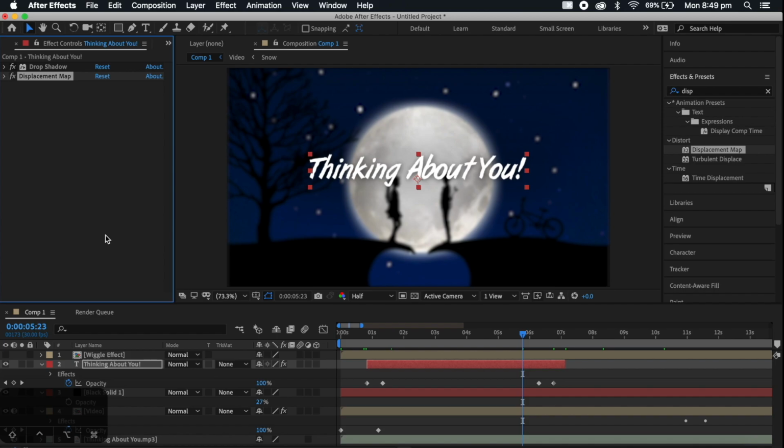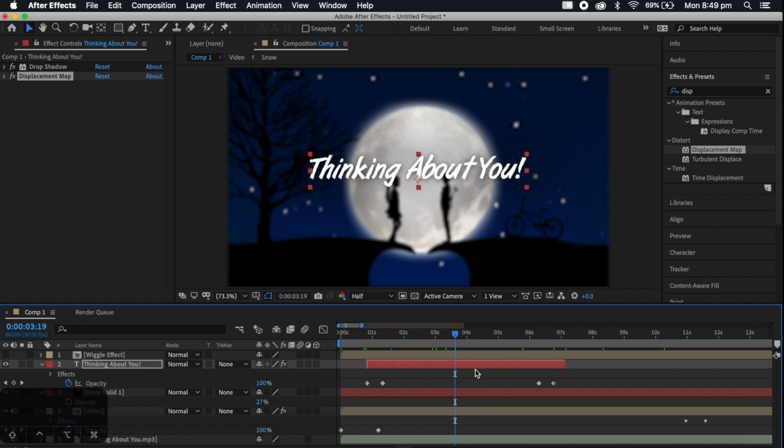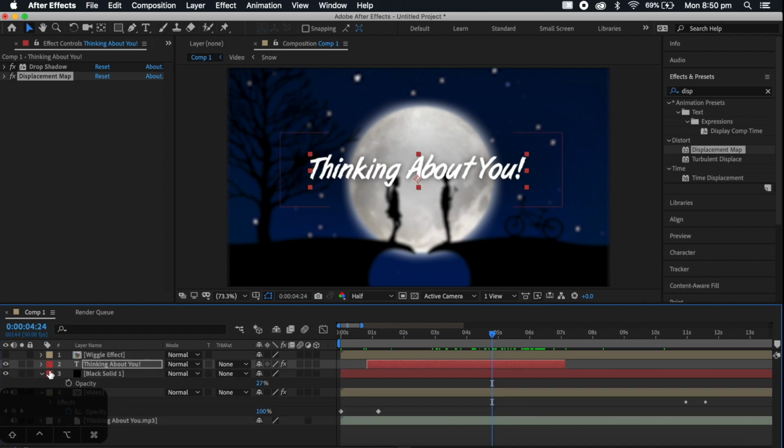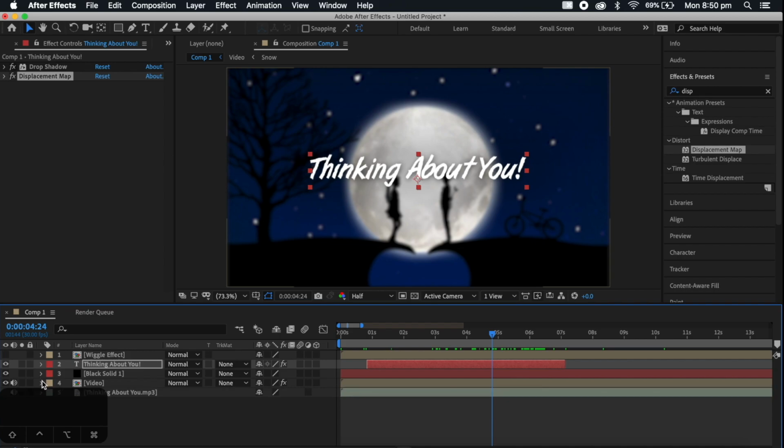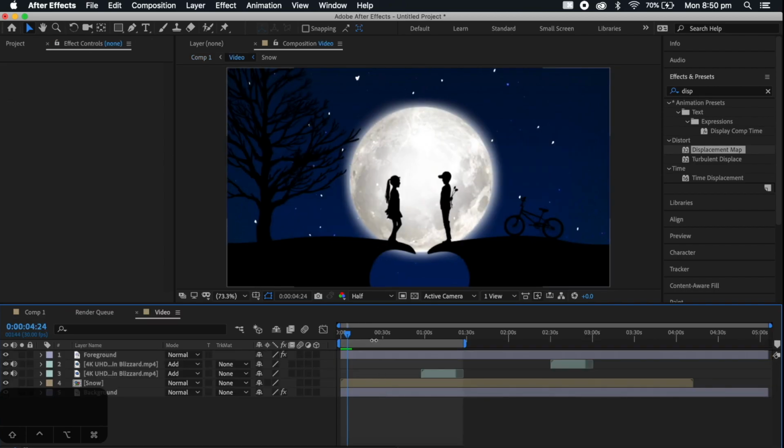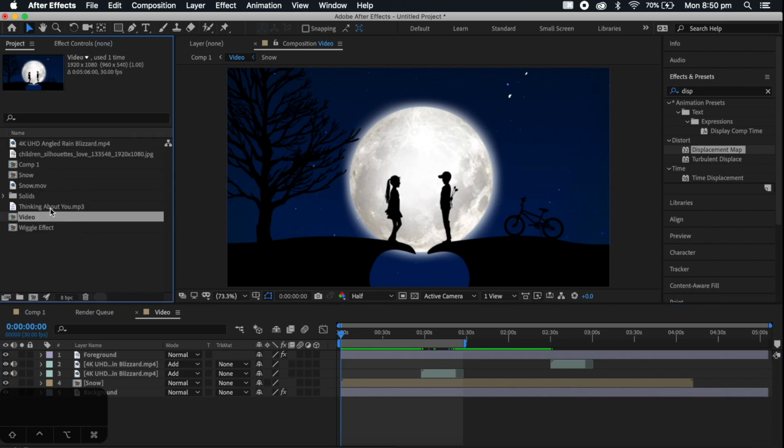I know there are a few different steps that you have to remember, but once you do it once, then you don't have to do it again. You can just duplicate this layer and the effect should stay on the layer. So it will be easy. You just have to do it once. So now we don't have to do it again, and the text looks great. That's done. And one thing I would also like to do, if I go inside the video folder and bring in the audio file again,